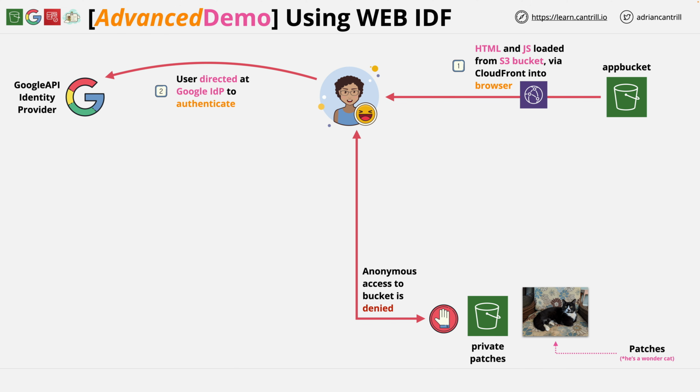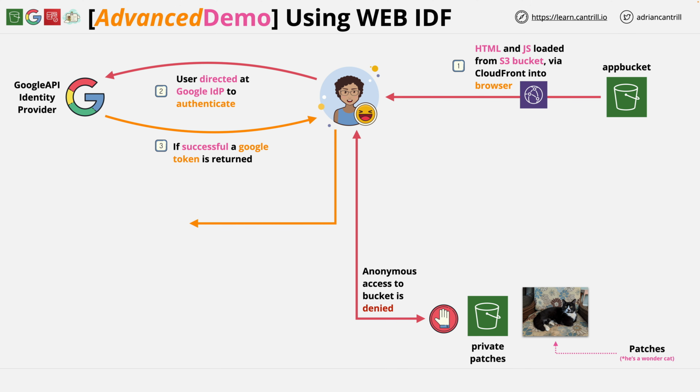So at this point Jenny's prompted to authenticate, and if this process is successful, then a Google authentication token is returned. And you can think of this as evidence that Jenny has authenticated. It proves her identity. Now, as you know by now, you can't use AWS resources with anything but AWS credentials, and so this auth token can't be used to access anything inside AWS, including our S3 bucket containing our private cat pictures. What we need to do is exchange this authentication token for AWS credentials which can be used to access AWS resources, and to do this, Cognito is used.